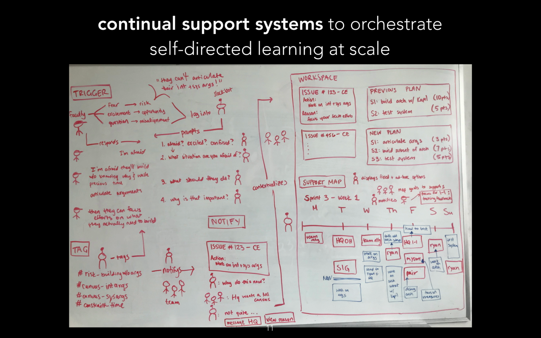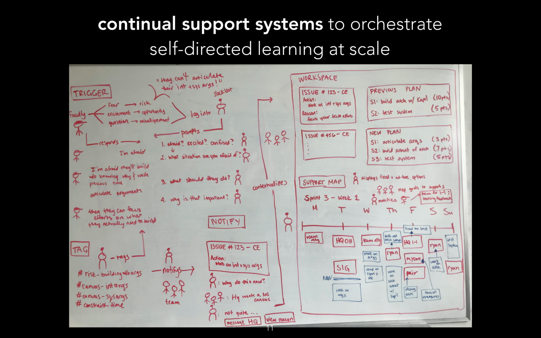And then, assuming that there's alignment, this is more on the right side now with the workspace, can the student take this issue, and maybe there were many issues raised to them over the past week or so, look at their previous plan, take these issues and really think, okay, these are the changes that we might want to make, come up with a new plan, and then, assuming they have a new set of tasks that they want to do, how might they map that to the existing supports that are available to them?